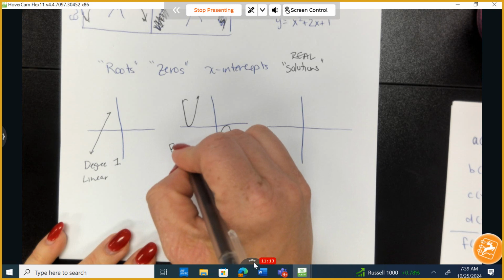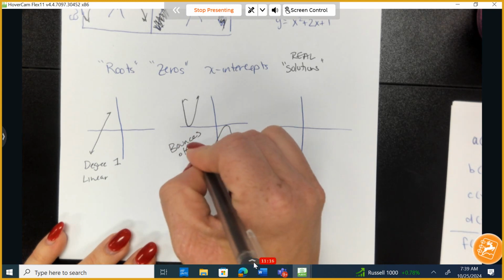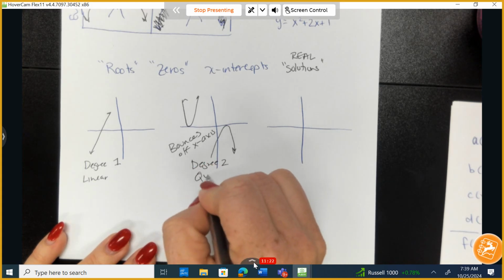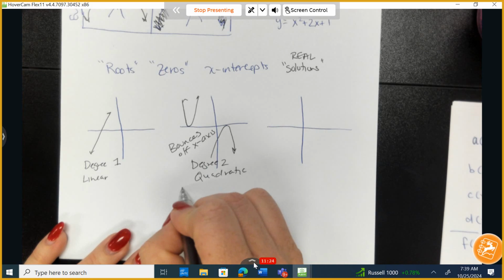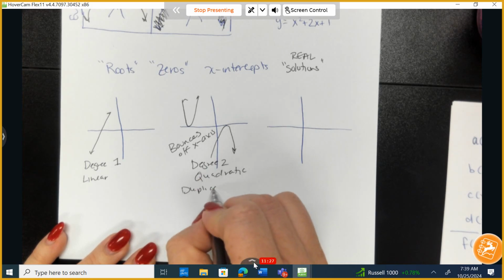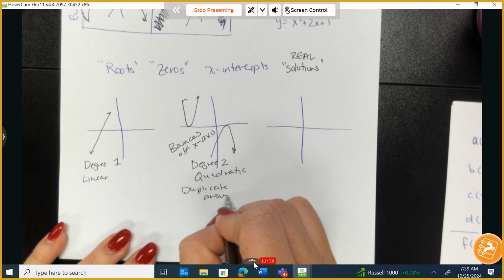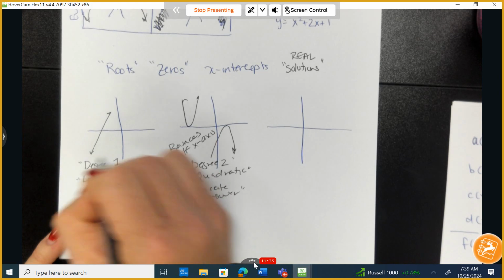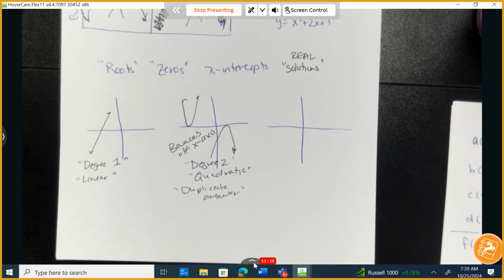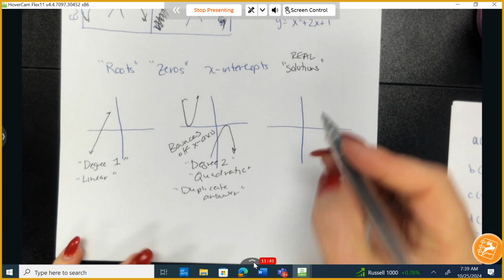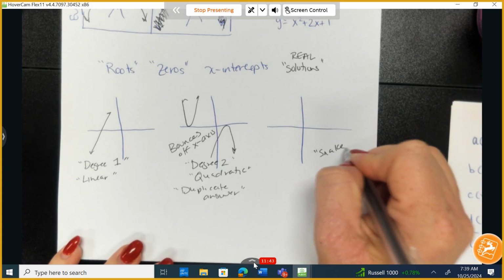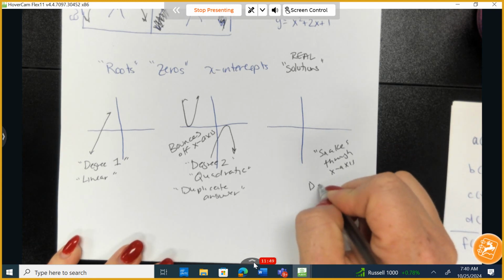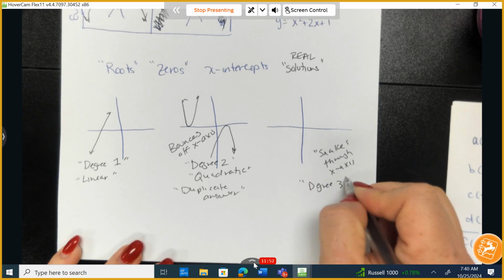So I like the word bounces off here. It bounces off the x-axis. We say this is degree 2 or quadratic. These are all different things we could use to describe it. Okay, the last one, I like to use the phrase, it snakes through. It snakes through the x-axis. Now this is going to be degree 3, also known as a cubic,